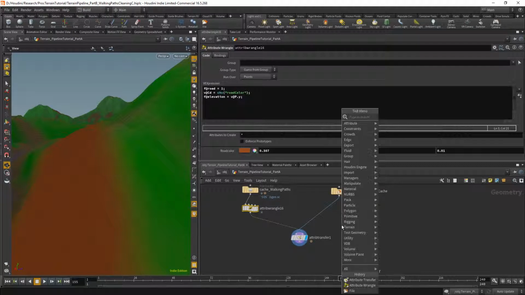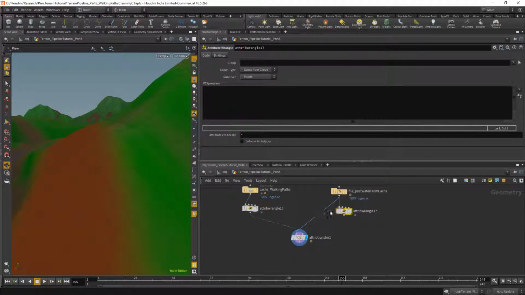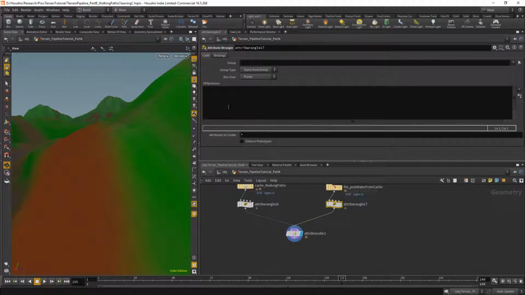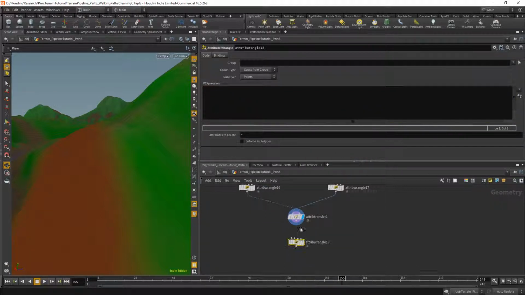And now we do need to create the elevation here too, because otherwise it might actually already exist, but just to be sure. So if we say vp.y equals elevation,